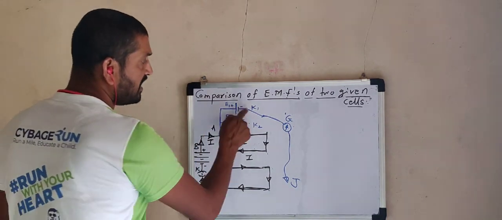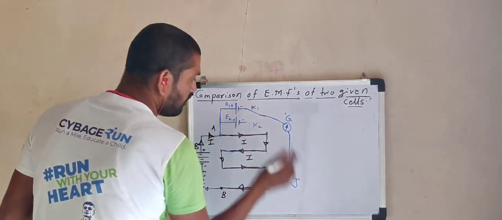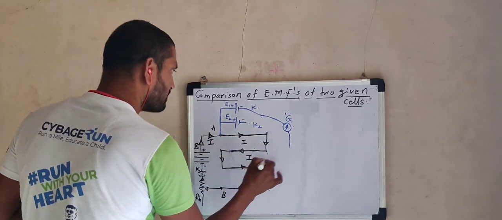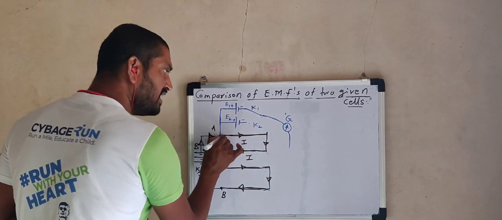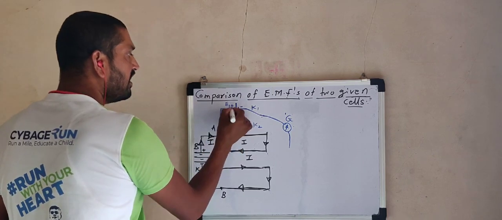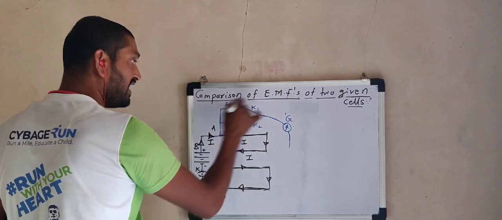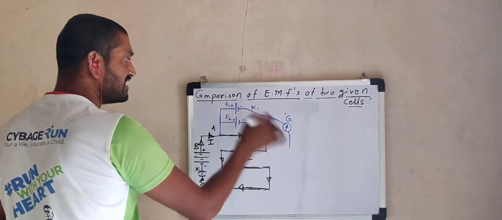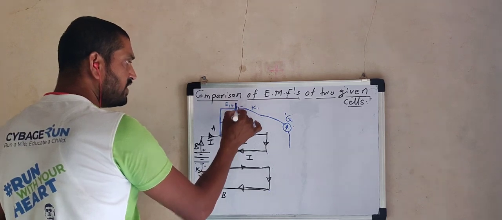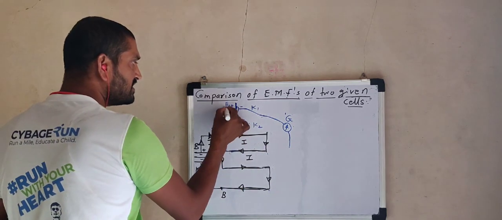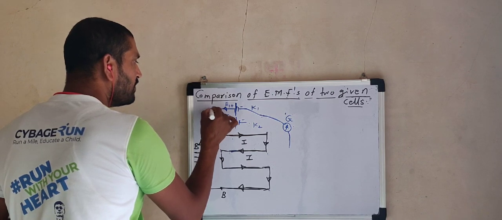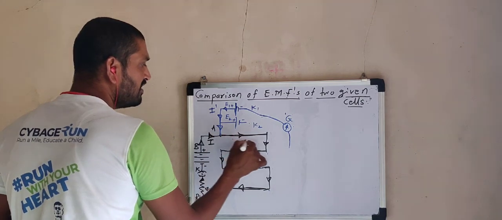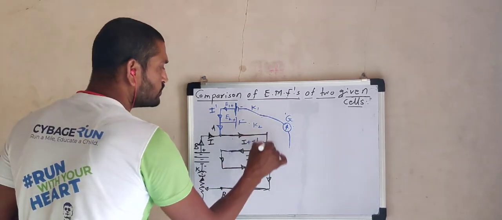Now just imagine, key K1 is closed here, and now start sliding the jockey along the length of this potentiometer wire. As soon as the jockey touches anywhere on this potentiometer wire, 100% this second circuit, called the external circuit, will be completed. This is the potentiometer circuit, the black color circuit, and this blue color circuit is the external given cell circuit. So as soon as the jockey touches, some current will be drawn. Let that current be I dash. This I dash will be received at this junction. Both I plus I dash combined flow through this wire.